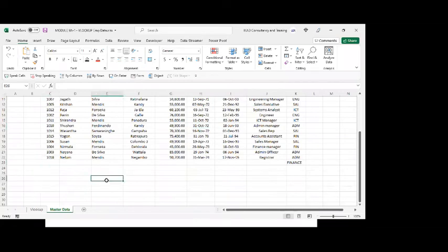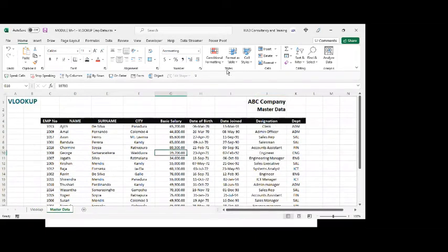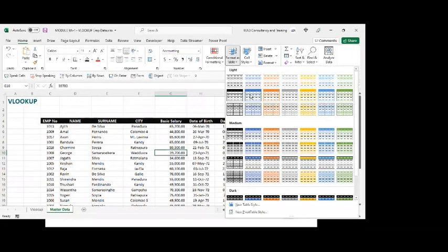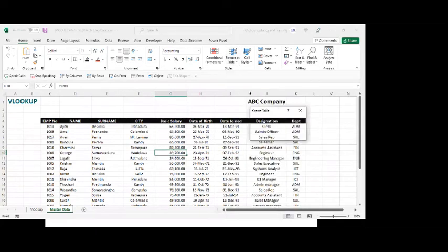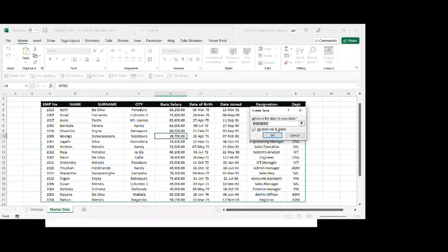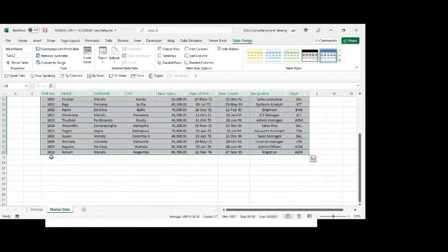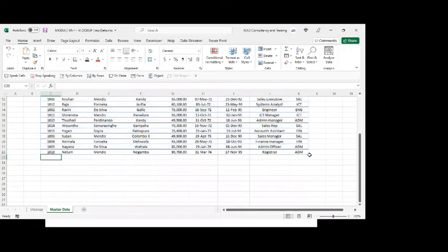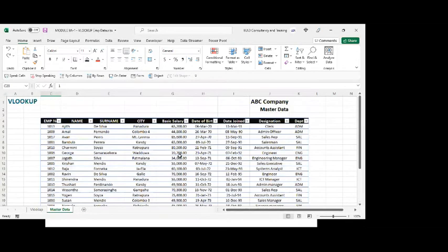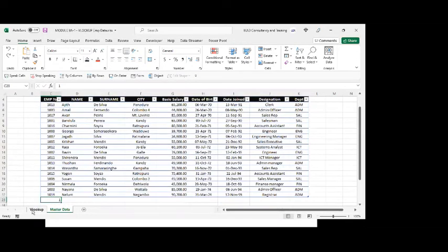So I'll start off by making it a table. I start off by formatting it as a table, select a cell, format as table, select any color. Because I have given black color as a background, it won't get this color, but it converts to a table, no problem. Right? Now, the moment I put something here, you can see the whole table, the last point of the table expands. Can you see?